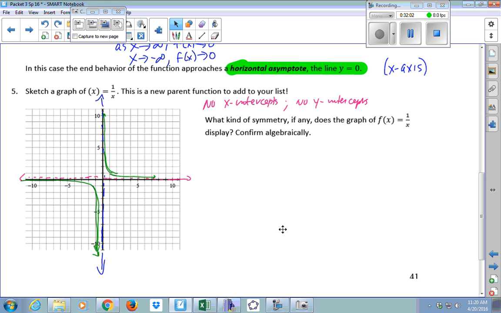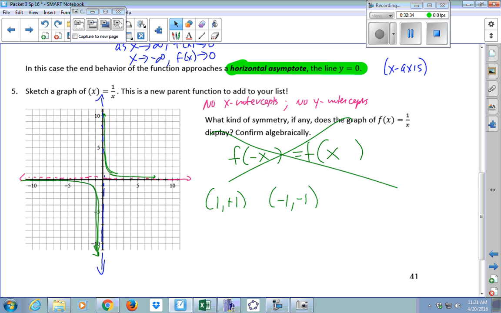All right. So what kind of symmetry does it have? Well, even symmetry says if you take opposite values of x and you put them into your function, then your output's exactly the same. Well, we know from this function that we have these points, 1, 1, and -1, -1. So look, if you put in opposite x values, your y values aren't the same, they're opposite. So that means this definitely doesn't have even symmetry about your y-axis, but in fact it does have odd